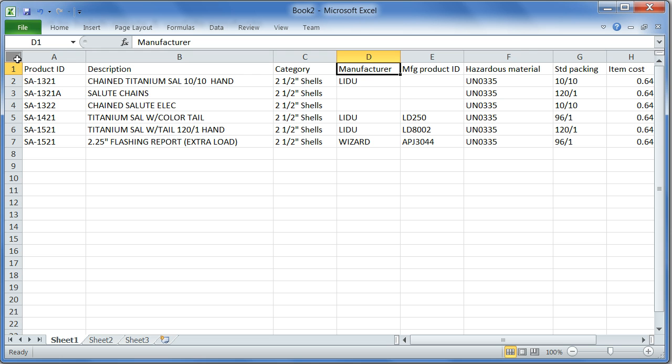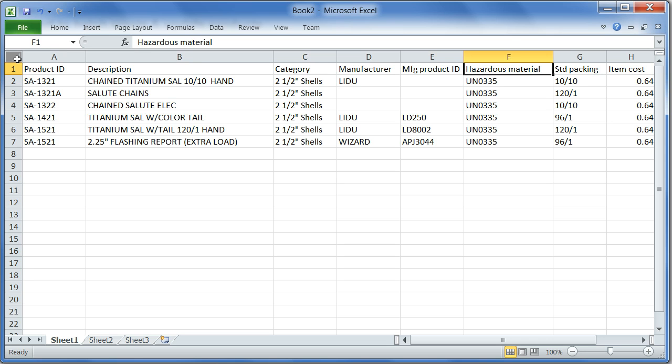The first row, when you're doing an import, are the column headers, and those names ideally should match the column headers you see in Finale, and we'll get a chance to look at those headers when we get over to the import step. But in here I've got a description column, a category column. The names in the category column have to match the product categories we've already defined in Finale. The name of the manufacturer, a product ID, which is an identifier that the manufacturer uses for the product, maybe